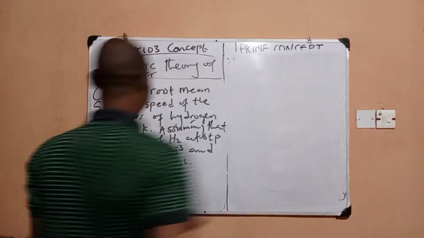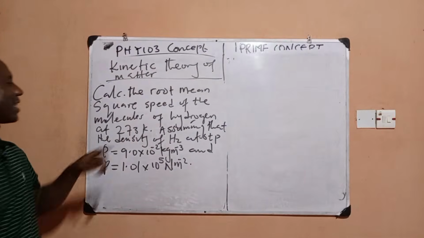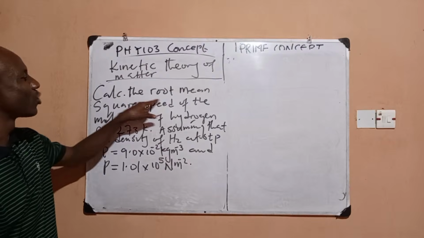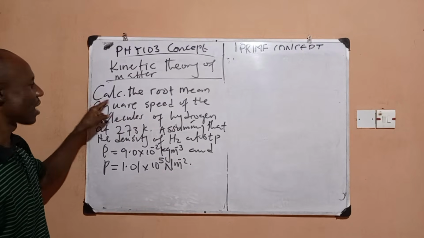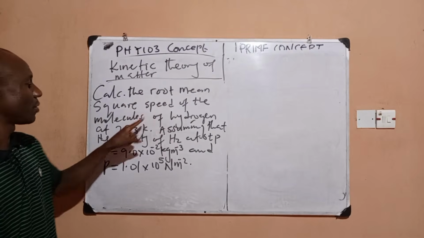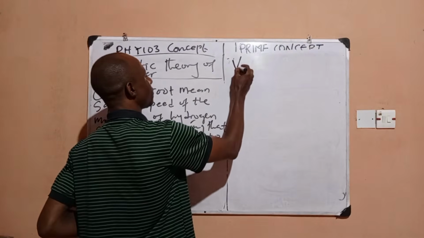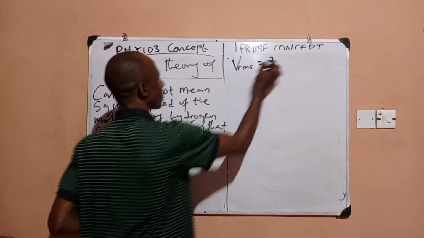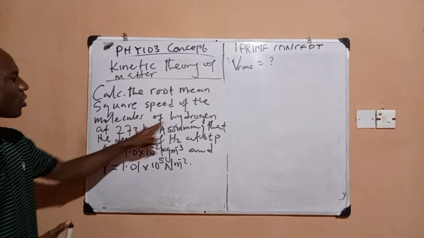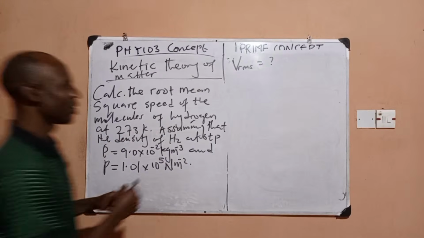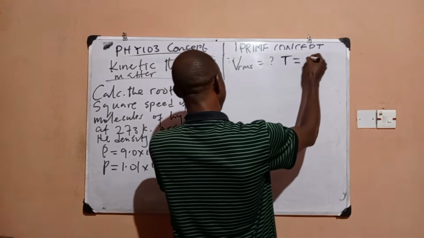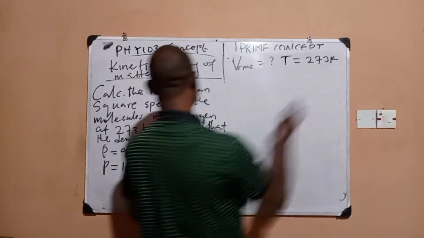All right, let's solve together. The question says, calculate the root mean square speed of the molecules. So we're looking for the RMS speed of the molecules of hydrogen at this temperature, but you will notice we don't need temperature. At a temperature of 273 Kelvin,